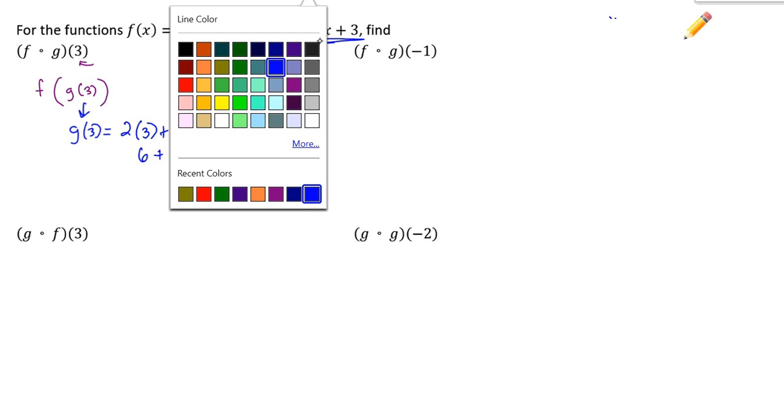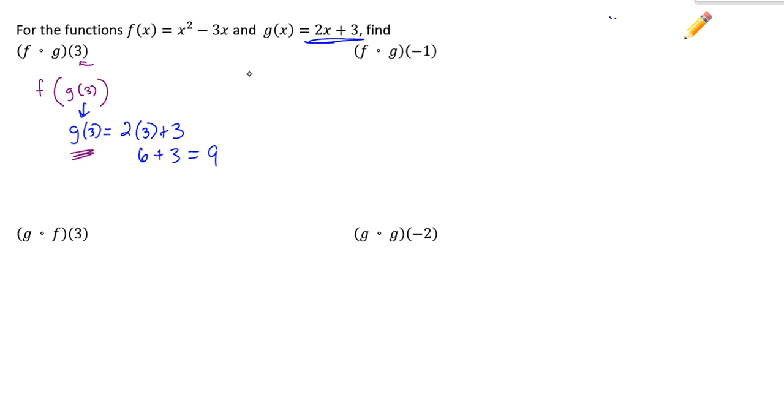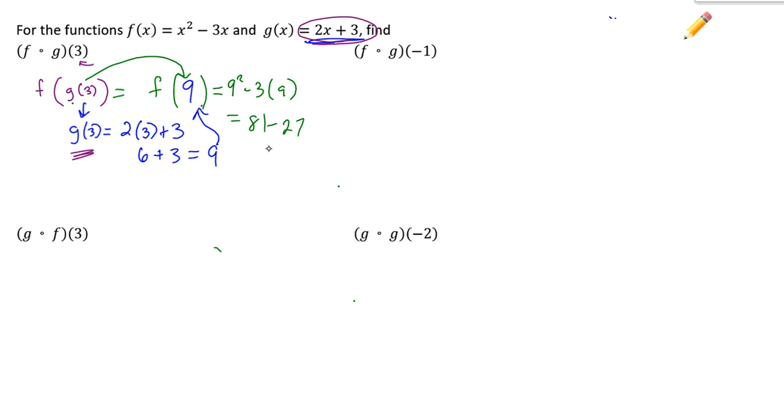Okay, so what I found here was G of 3 by plugging it into this function that's defined as G. From there, I could take and plug that value in to x, or sorry, to f. So instead of G of 3 now, I've replaced it with 9 because when I plugged 3 into my function, I got 9. Okay, to finish this out, you're going to take x and replace it with 9. It's just regular old evaluating now. That's 81 minus 27, or